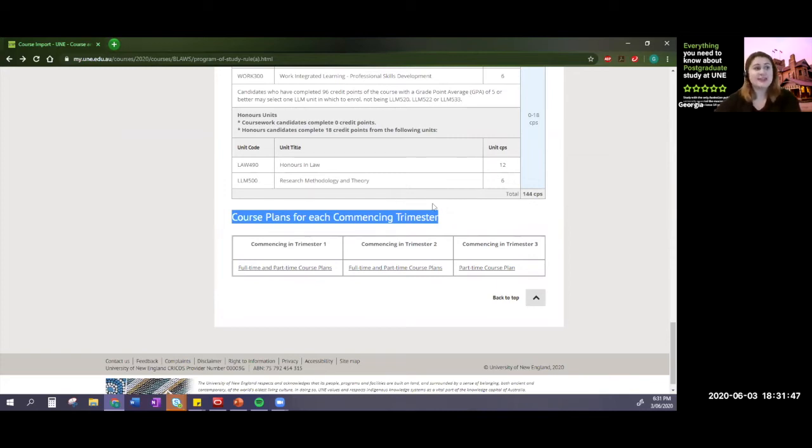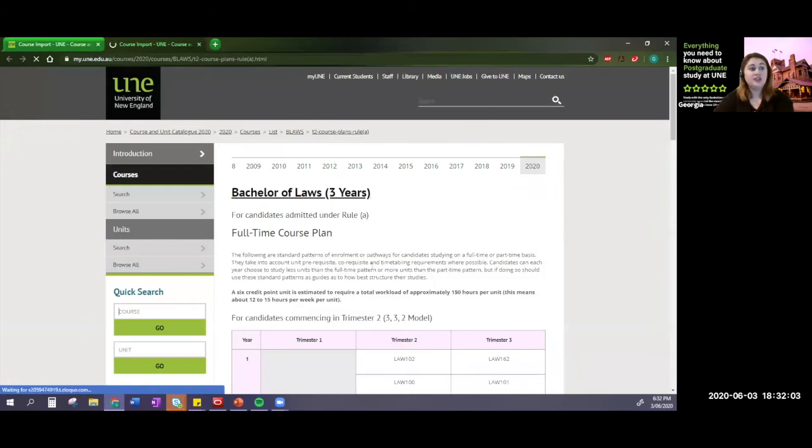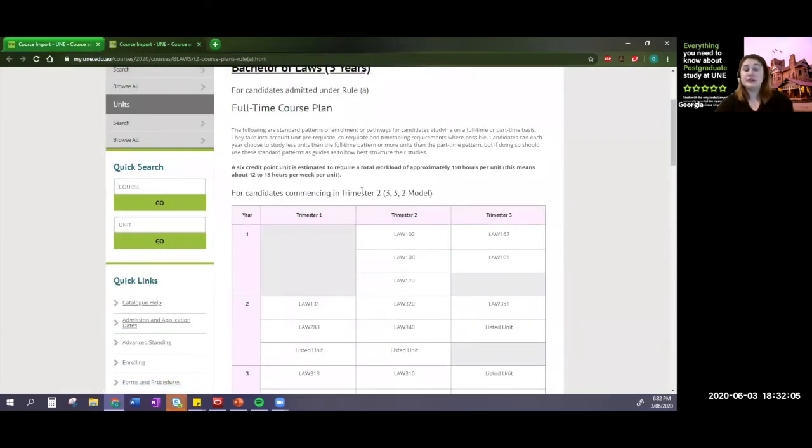And whichever trimester you're commencing in, you can do it fully online, and you can study either full-time or part-time in any of our trimesters. So because trimester 2 is our next upcoming intake, we'll have a look at the trimester 2 course plan. So just clicking on that link, you can see that we have a couple of different models. So if you are wanting to spread your units out a little bit more over the